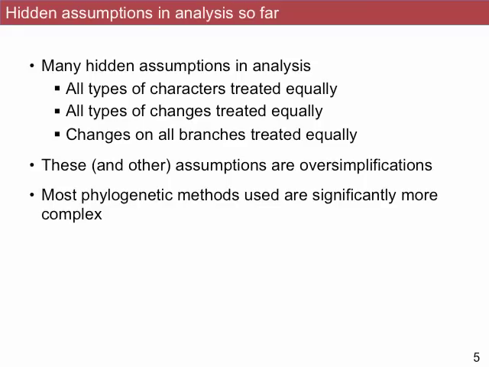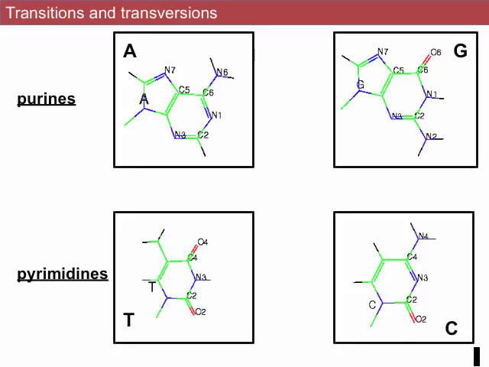So in the last lecture, I talked about this briefly. The parsimony analysis that we did in the class is really important for giving you the general principles for how phylogenetic reconstruction works. But there are many, many assumptions that we made in the course of doing it the way we did it. And I listed 3 of these assumptions here as just examples: that all types of characters are treated equally,